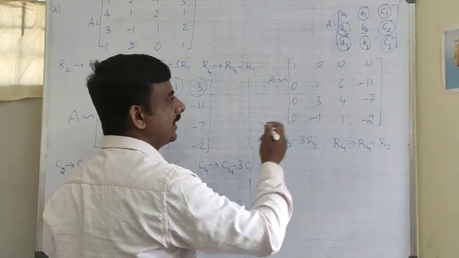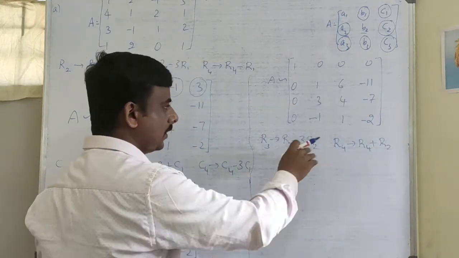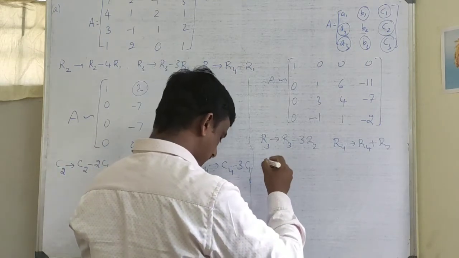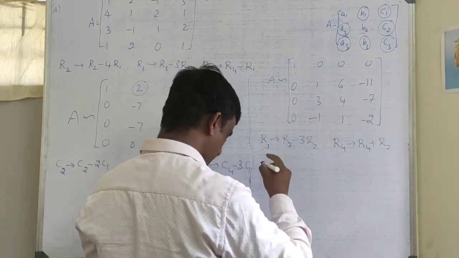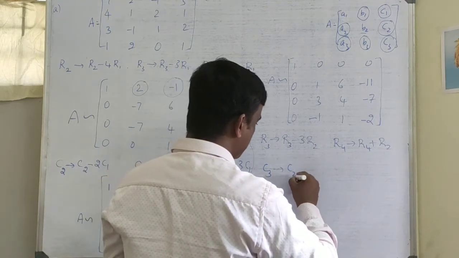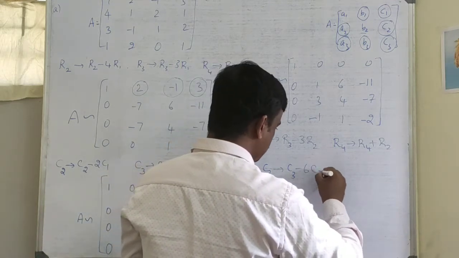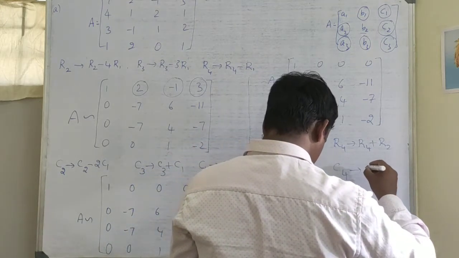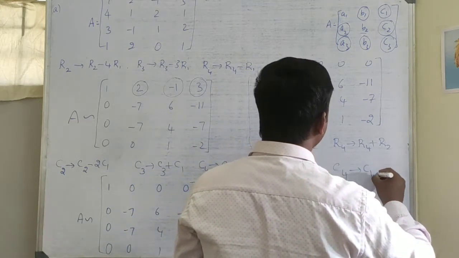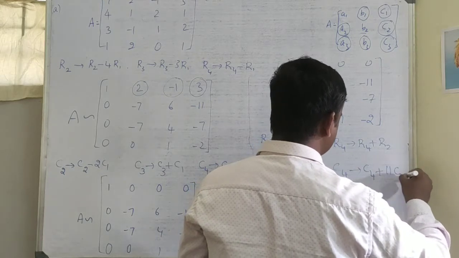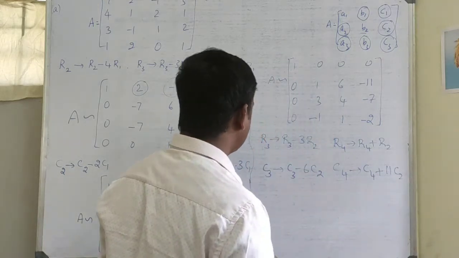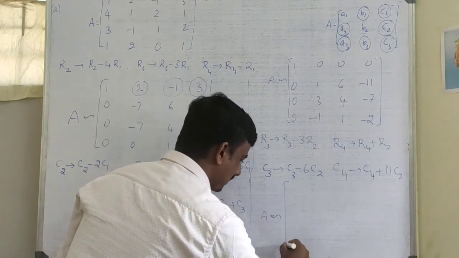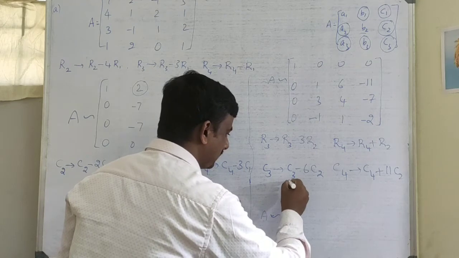Then apply column operations to make these two 0. After applying this operation, the suitable column operations are C3 changes to C3 minus 6 C2 and C4 changes to C4 plus 11 C2. So in that case, after applying the operations, the matrix will be equivalent to,